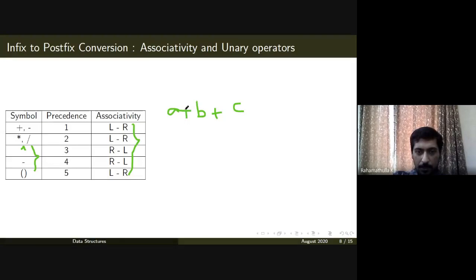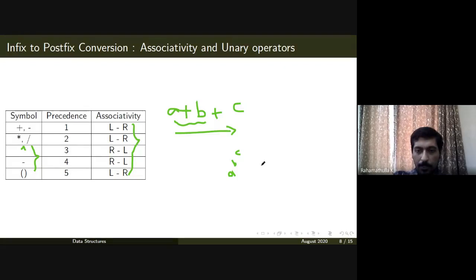In this case the plus symbol is having associativity left to right, so the operation that needs to be done first is a plus b, not b plus c. So for multiplication division also the associativity is from left to right, but for unary operators the associativity is from right to left. For example, if we have an expression a raised to b raised to c,